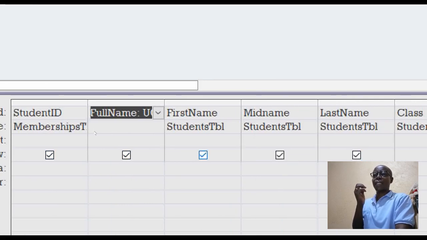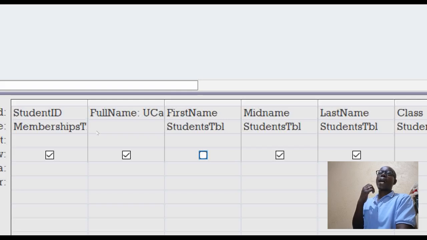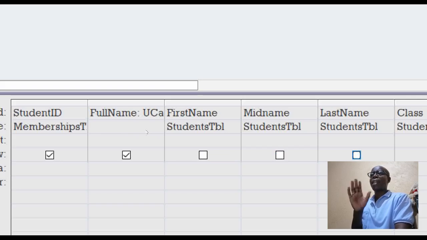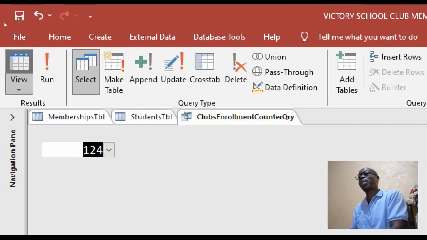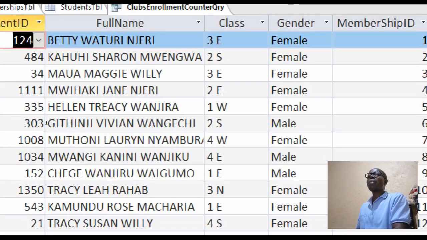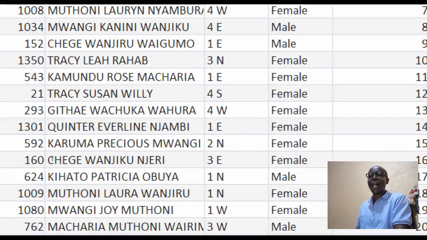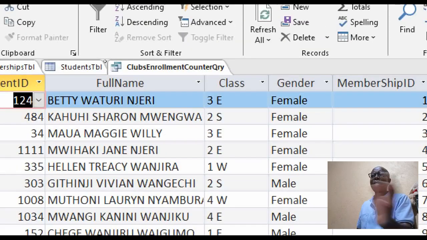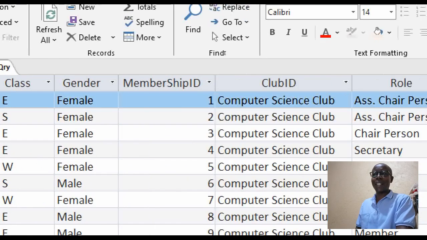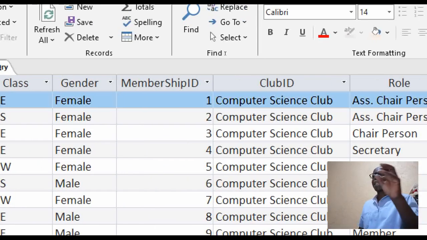So I want to uncheck first name, middle name, and last name, simply telling Access that we don't want to show those columns. That's what we are telling Microsoft Access. So every name in capital letters. Very well. And first name, nowhere to be seen. Very well.